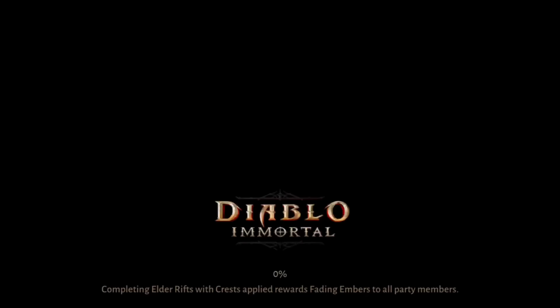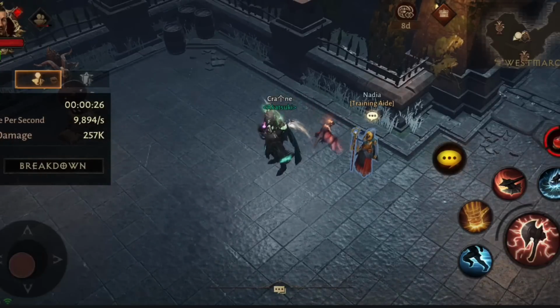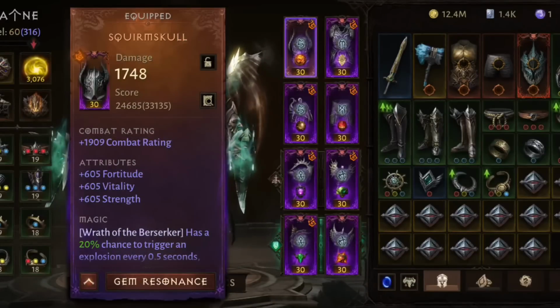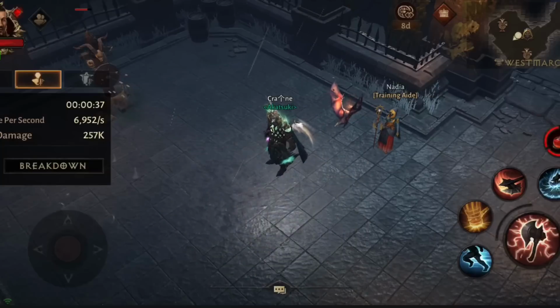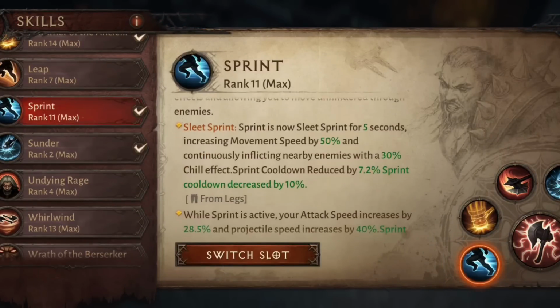Good, so let's meet our best friend, the Puppet. Okay. We start with the first skill, the sprint, and the new essences, the helmet essence and the pants essence. Both really cool and give a full new flair to our Barbarian. We actually can skip now Wrath of the Berserker. Okay, Sleet Sprint gives you